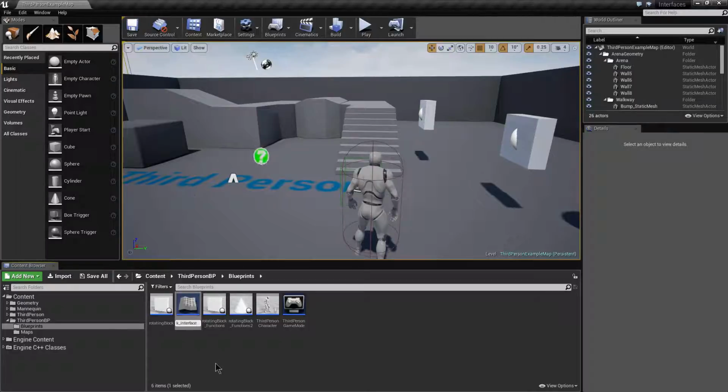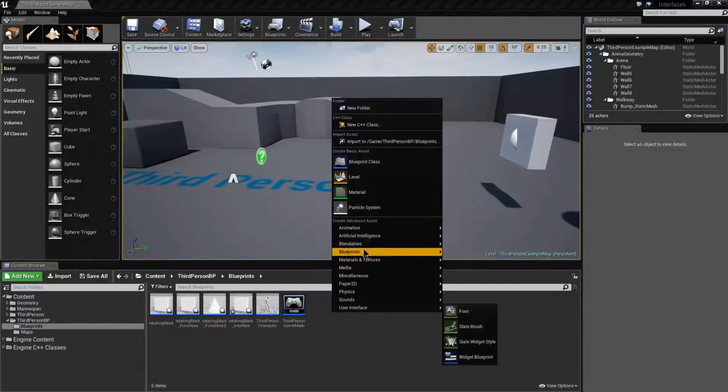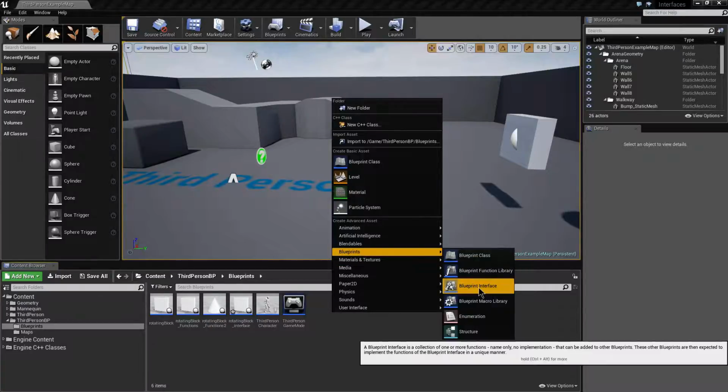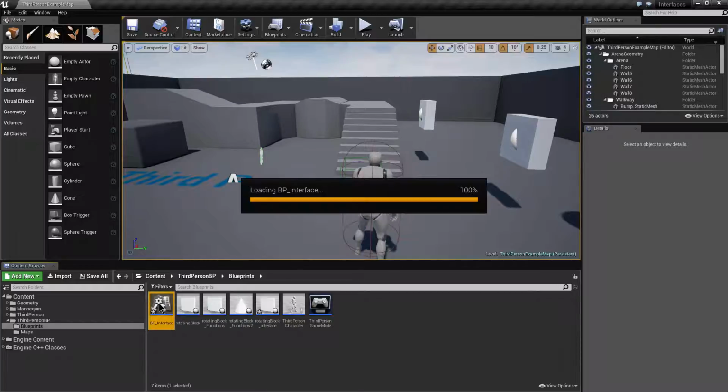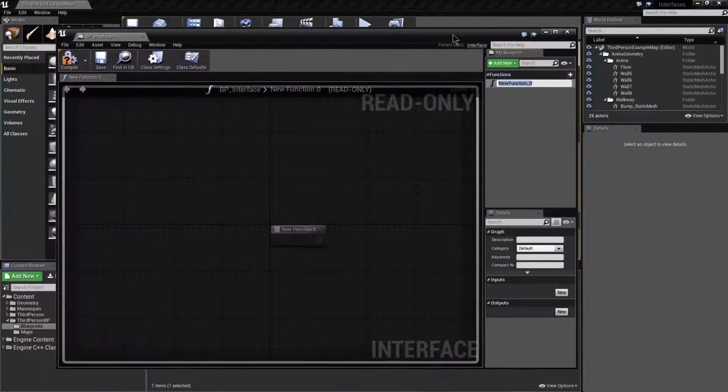So we'll call it rotating block underscore interface. The other thing we need to do is to create the actual interface itself, which can be found in the blueprint section when you right click in the content browser, and it gives the option of making a new blueprint interface. Now the interface itself we're going to call pt underscore interface, but you can call it as you need for your project. You may create several of these, for example, and if you double click you'll find that it looks a lot like the standard